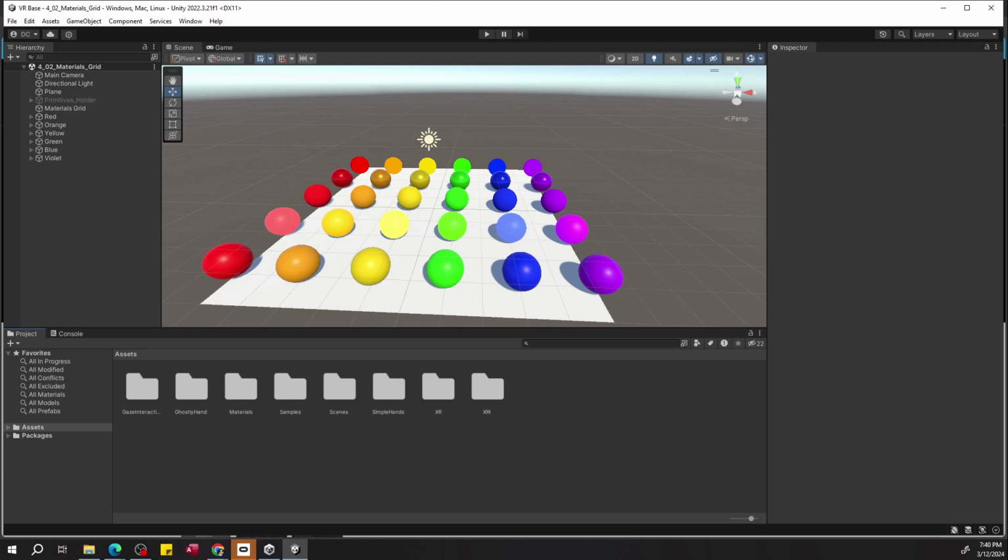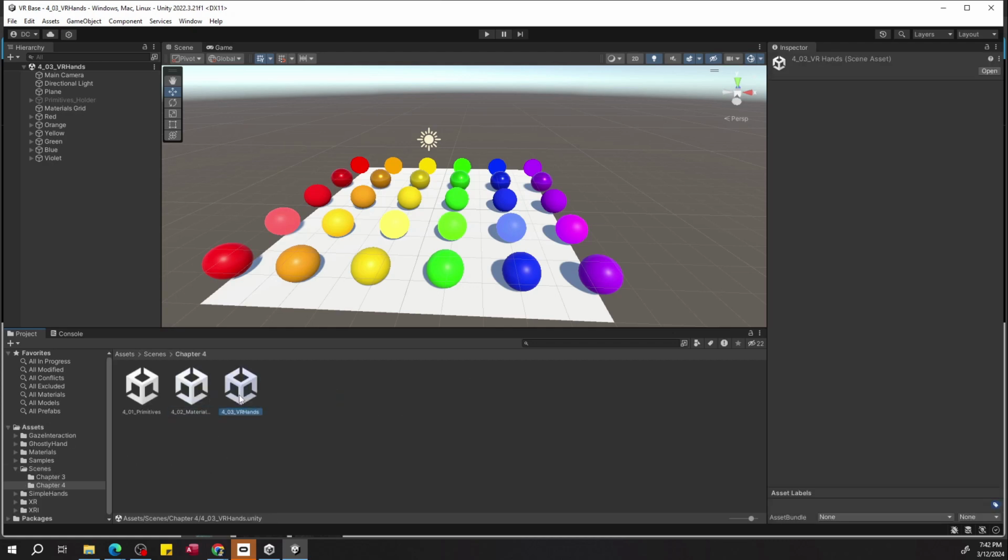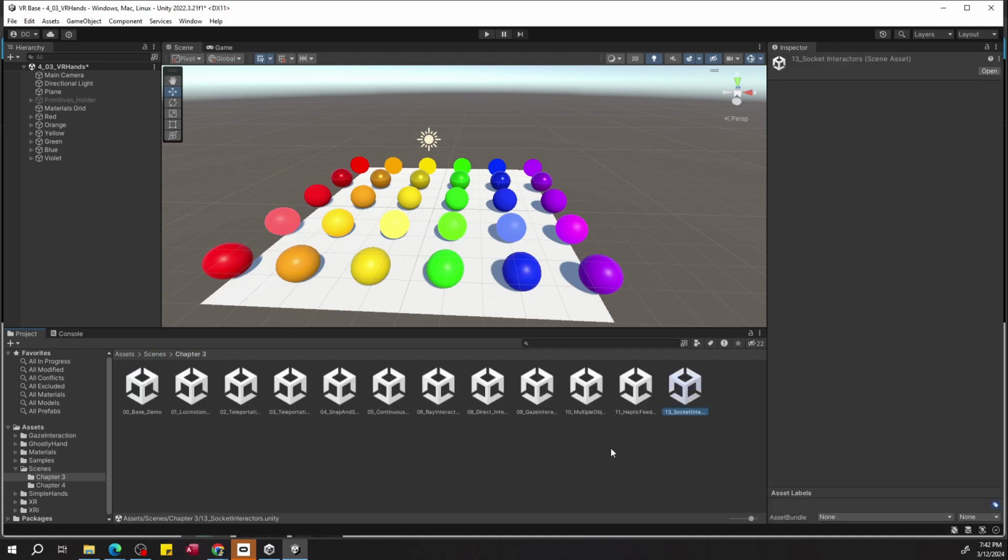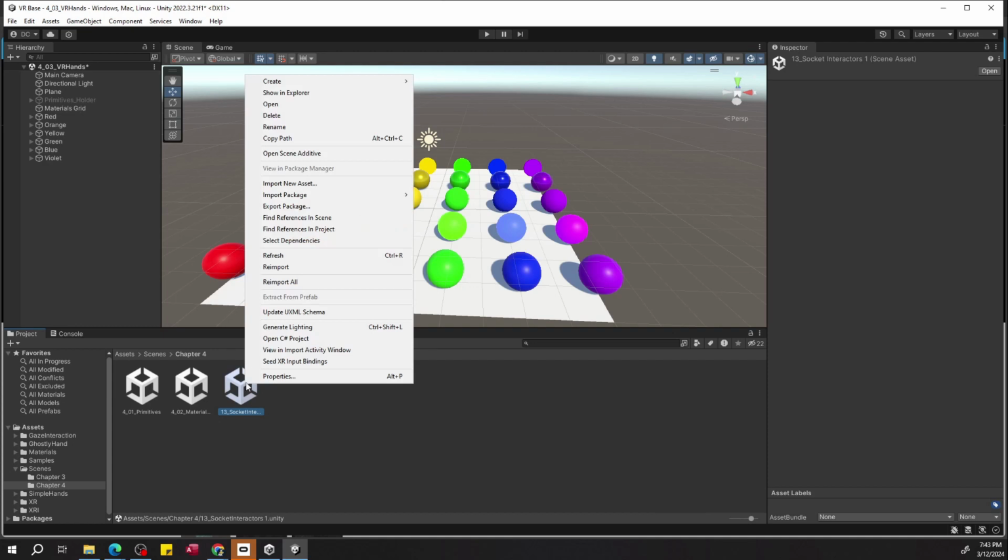So see, we have ghostly hand. We also have simple hands folders in our project now. What we're going to do is make a new project for these hands. Sorry, scene, excuse me. It looks like there's a bit of a discrepancy with the textbook. The way that they edit the hands is not in this scene, but it's actually an extension of the interaction scene we've had from chapter 3. So let's go ahead and duplicate the socket interactor scene, drag that into our chapter 4 folder, and start from there. And we'll rename it